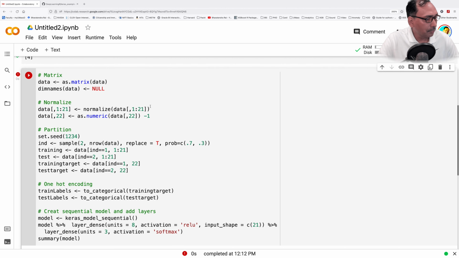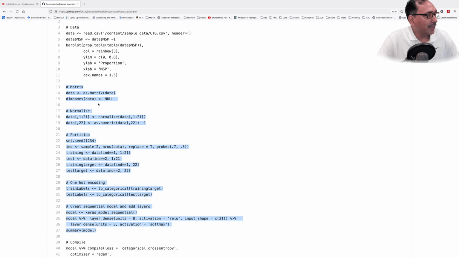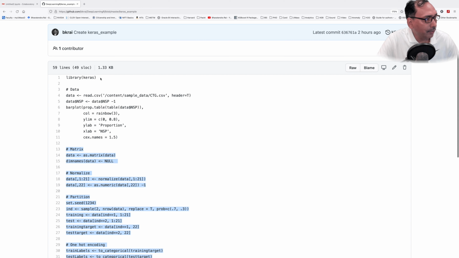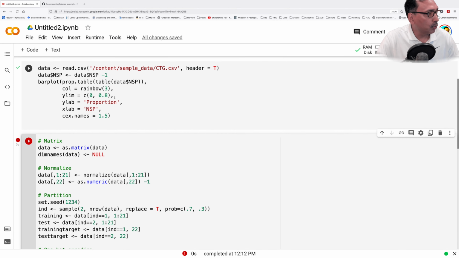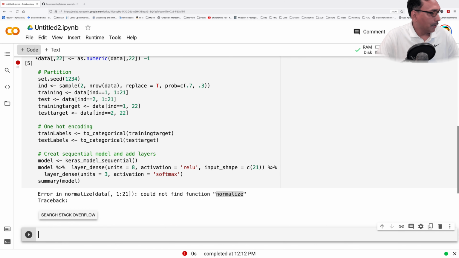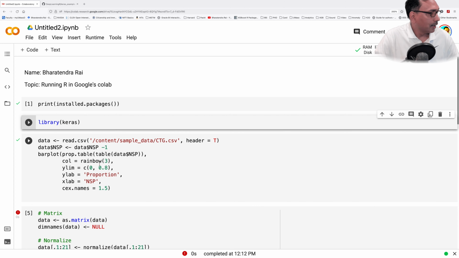So we run this. Okay, so it says it could not find function normalize. And the reason is that actually in the beginning we need a library, keras. So let's add that, because you cannot run a deep learning model without keras. So I'm going to paste this library, and let's take this somewhere here.